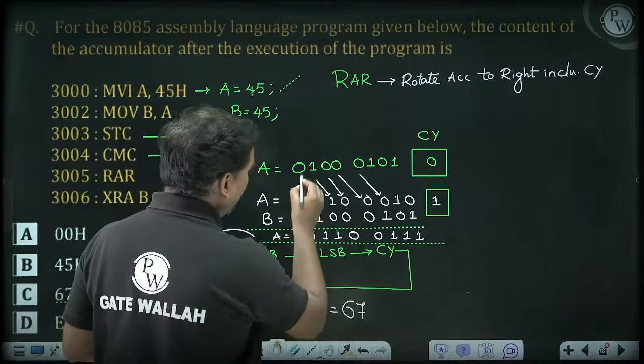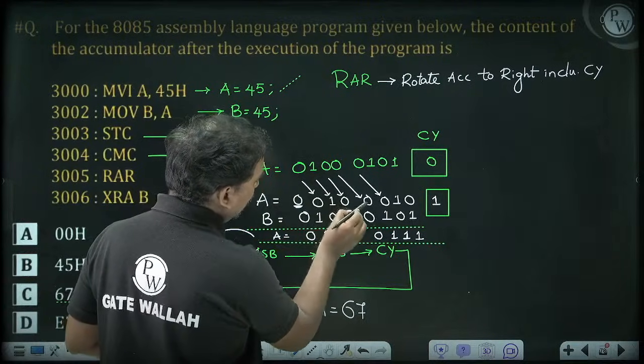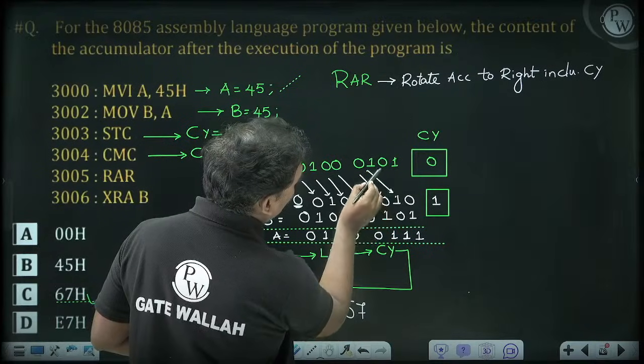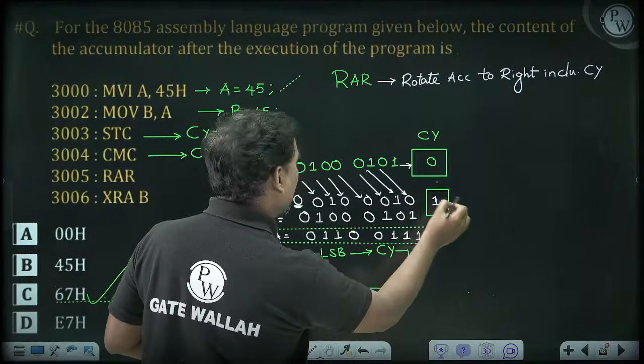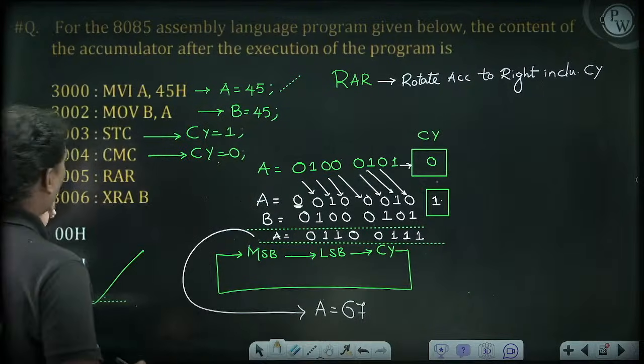So what will happen? Now put the blocks here. So this 0 will come here, this 1 will come here, this 0 will come here, this 0 will come here, this 0 will come here. This 1 will come here, this 0 will come here, this 1 will go to the carry and the carry content 0 will come here perfectly. So this is 67. So A is equal to